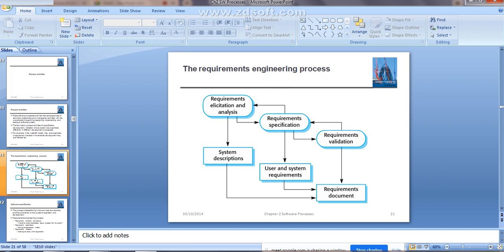You can understand that by using this activity, requirement elicitation and analysis.